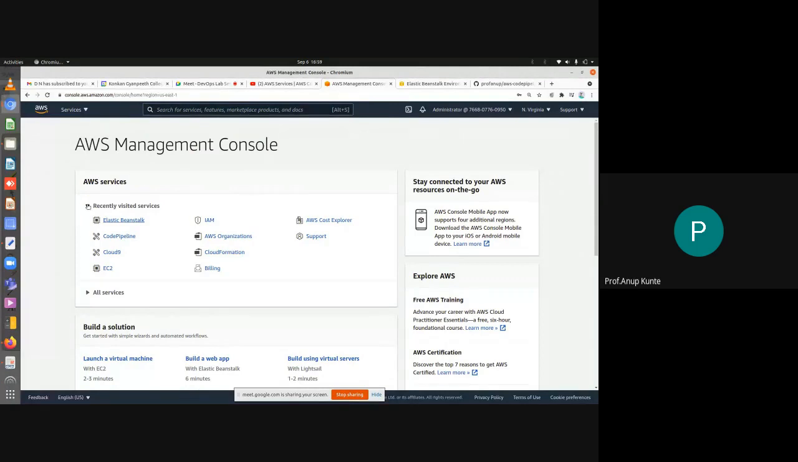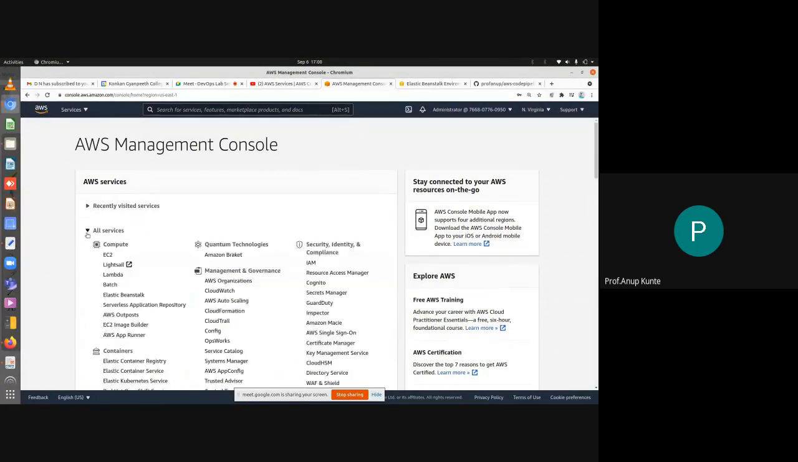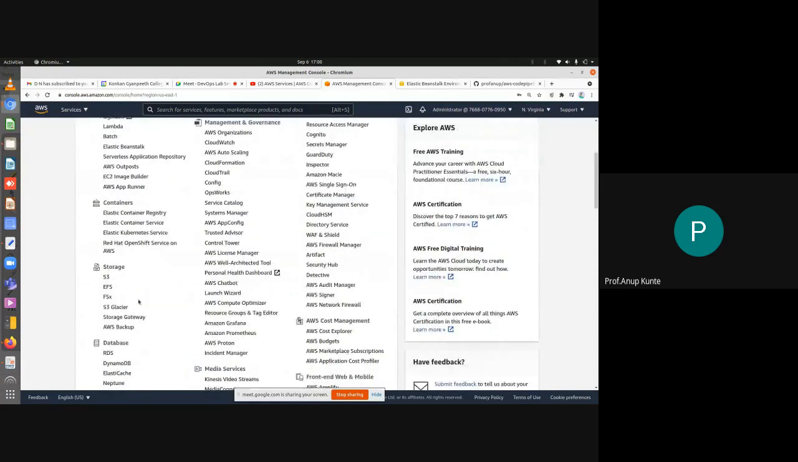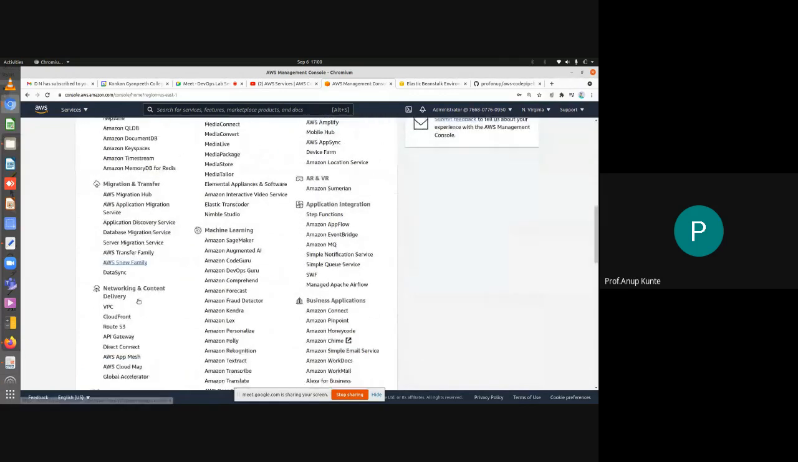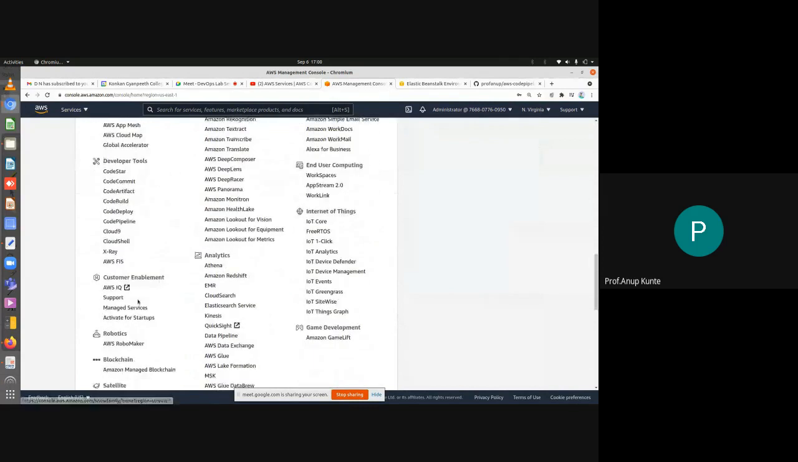So I had already accessed the Elastic Beanstalk service. That's why it is available here. But if it is not available, you should go to all services, see the development services. We know that it is related to developer tools. Okay, it's a developer tool. I can see that CodeCommit is here, CodeBuild is here, CodeDeploy is here, and CodePipeline is